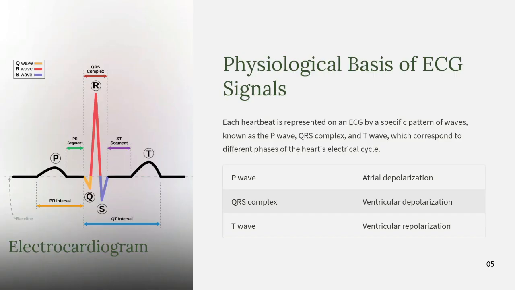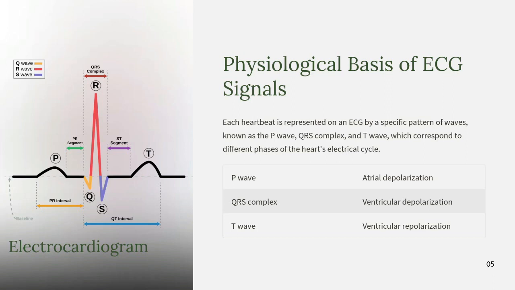So here you can see the ECG, in which different waves and complexes are there. First of all, we are looking at the P wave, which occurs after atrial depolarization, that is atrial systole, and then an isoelectric line is there. After that a QRS complex is formed, which forms after the ventricular depolarization, and then the T wave, which is formed after the ventricular repolarization.